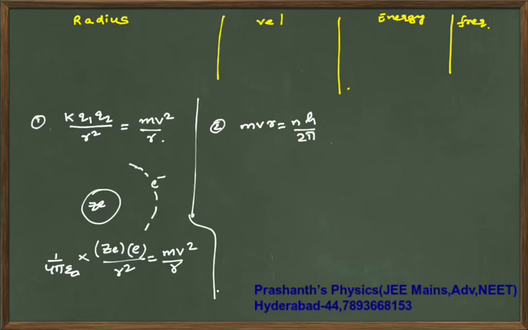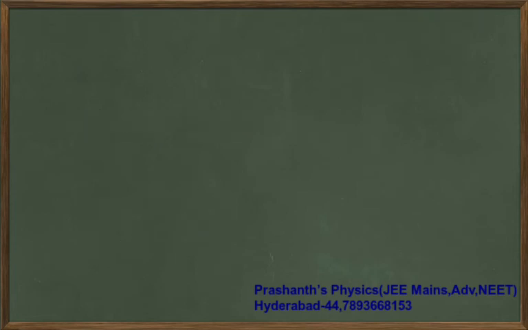Now in this, the mass of the electron is 9.11 into 10 power minus 31 kg, and your e value is 1.6 into 10 power minus 19. All those things we are going to substitute and simplify. I will directly give the result, but still for formality's sake. So first is the radius of the orbit. How do you get this? The radius with which the electron revolves in the orbit.